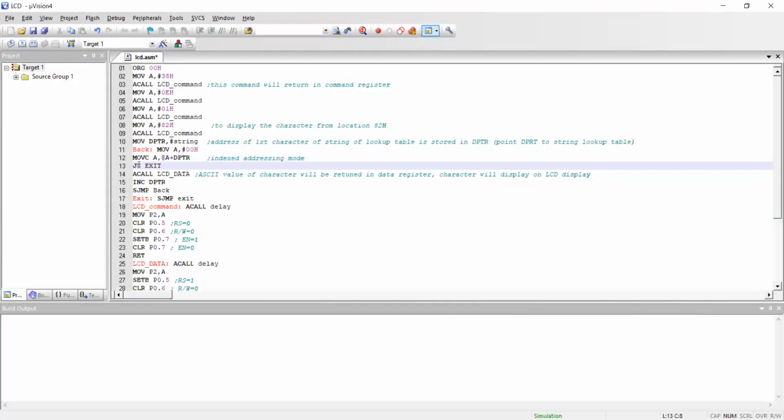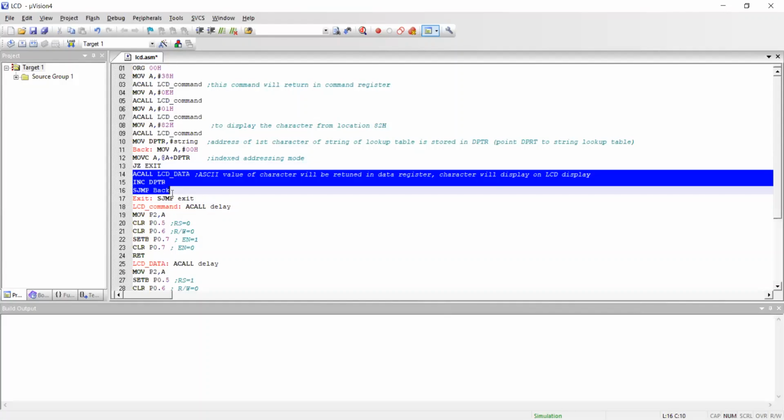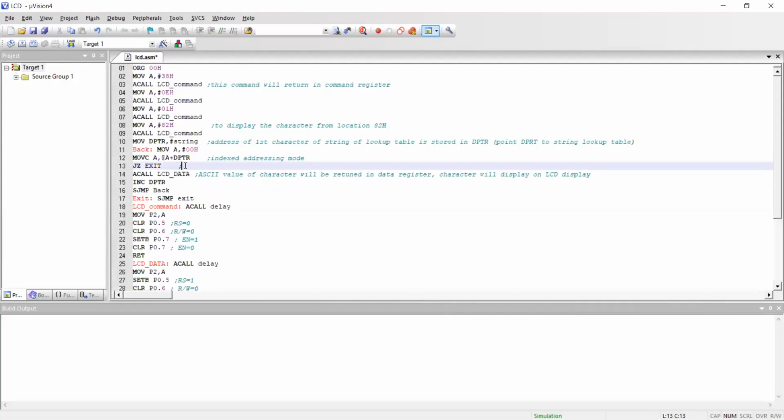Now JZ exit: it will check whether the value of A is 0. If it is 0, it will go directly to exit and the program will end.